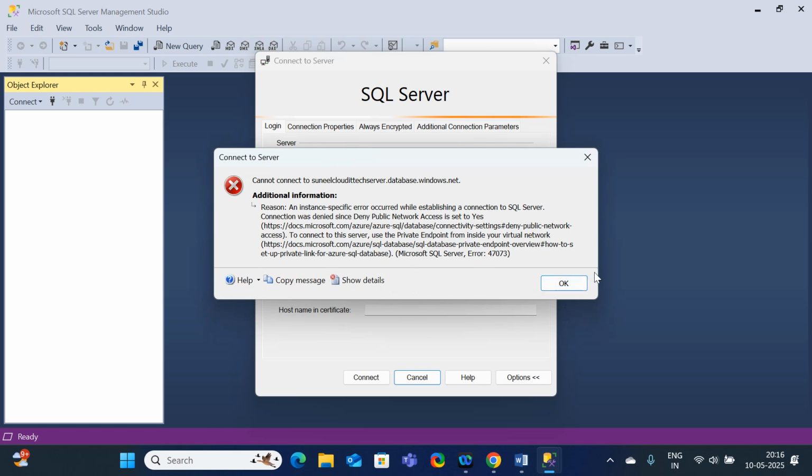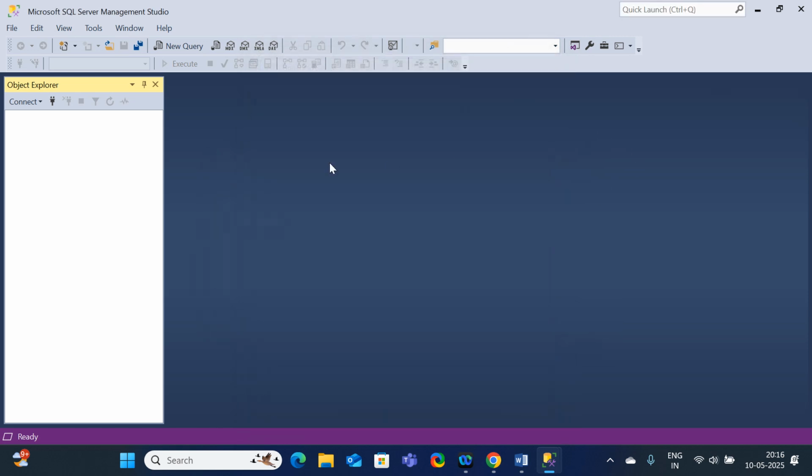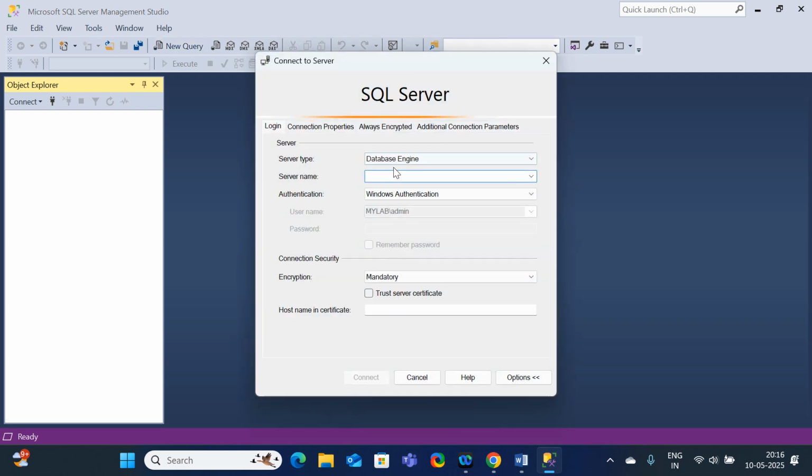Cannot connect. Okay, maybe the database server is not ready yet. So again I am trying to connect. Database Engine, the server name I am going to mention here. Okay, Windows Authentication, SQL Server Authentication. Login is